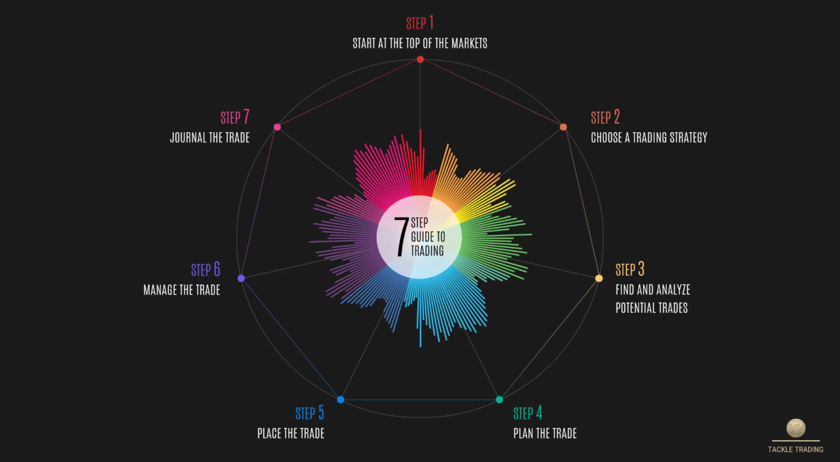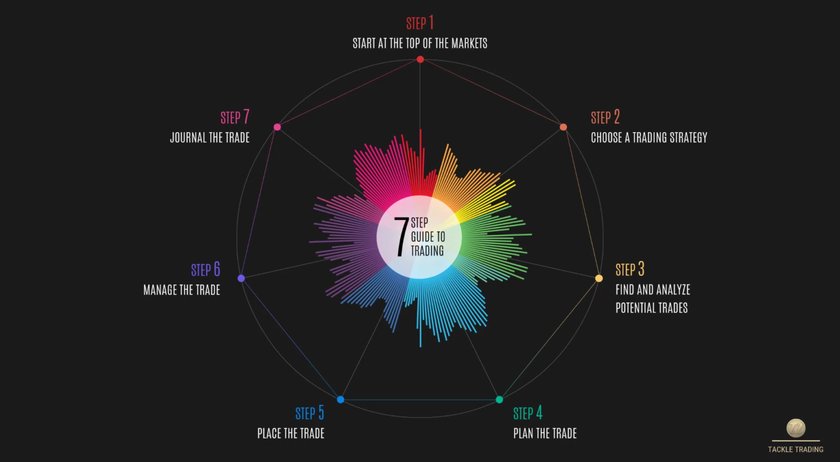But as we always do, let's just quickly recap the initial steps. The first thing we want to do is start at the top of the market to determine a bias to the market so that we're always trading in the direction of the overall market. Step 2 is we want to choose the appropriate trading strategy to match that bias. Step 3, we want to find and analyze potential trades. Step 4, we want to plan the trade by getting our entries, our stops, and our targets. And then step 5 is once we have prepped the trade, we want to go out and place the